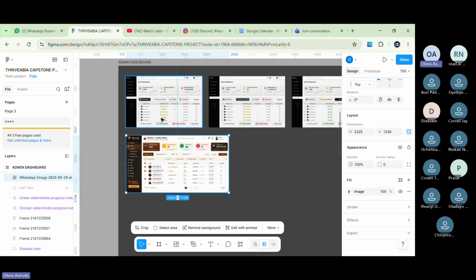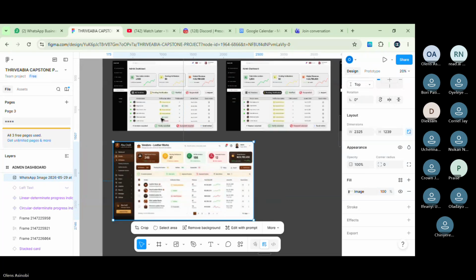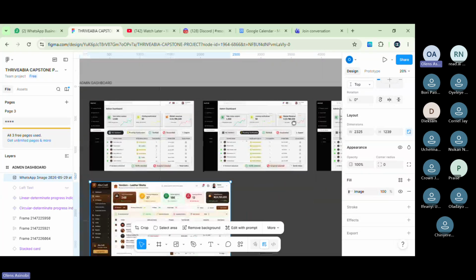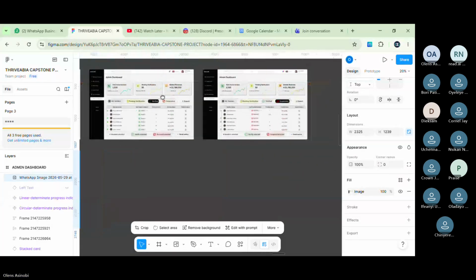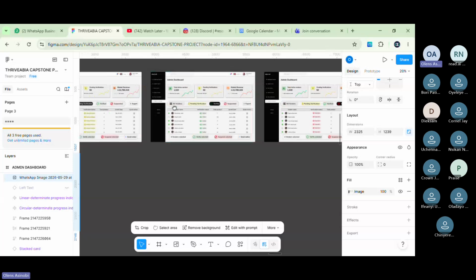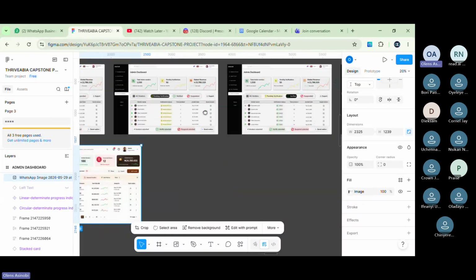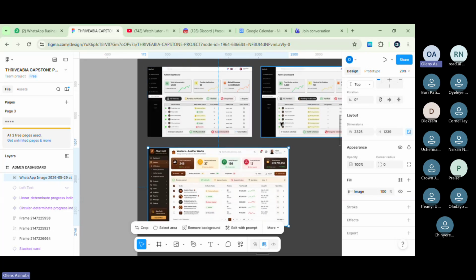Cornelius, I don't really like what I'm seeing now. Do you know that? I don't like what I'm seeing. I believe this is the project that you and Crown's team worked on, right? Yes, sir. So I'm talking to you as the team lead of both your team and his team, because I remember vividly that I asked him to be your assistant, but you're the one overseeing the project, right? Yes, sir.